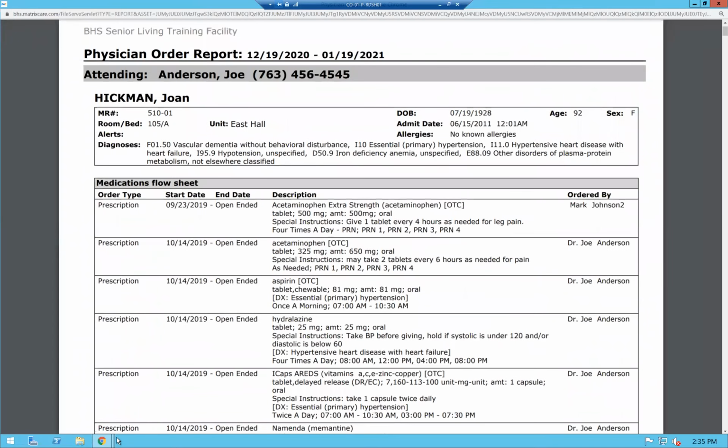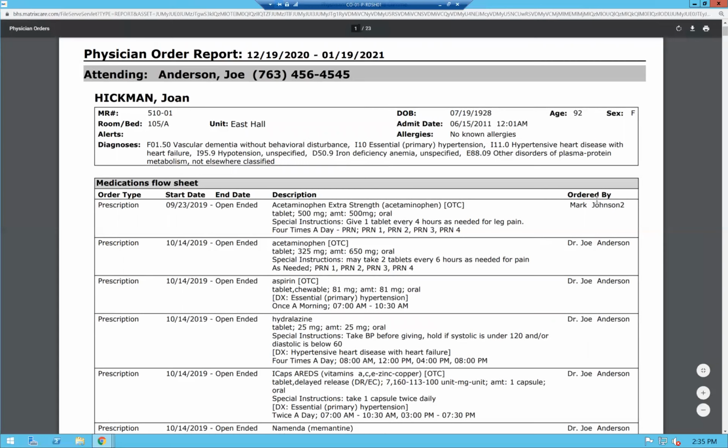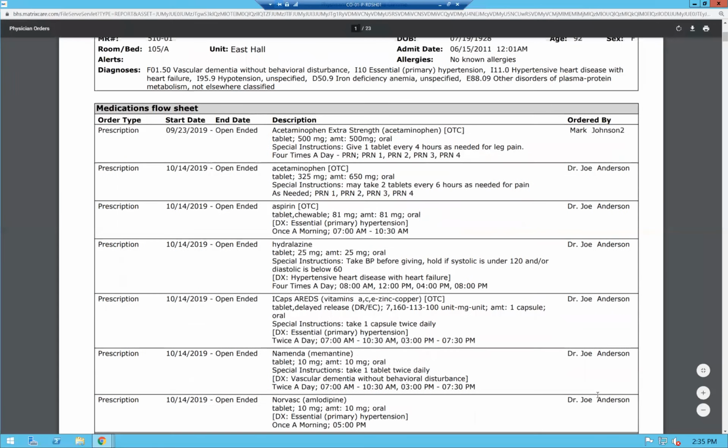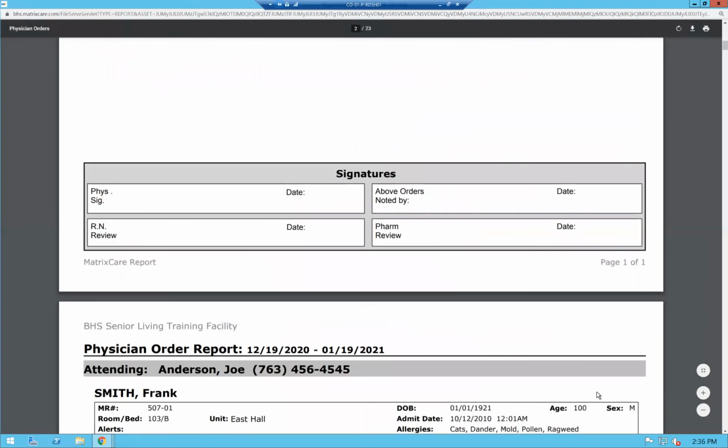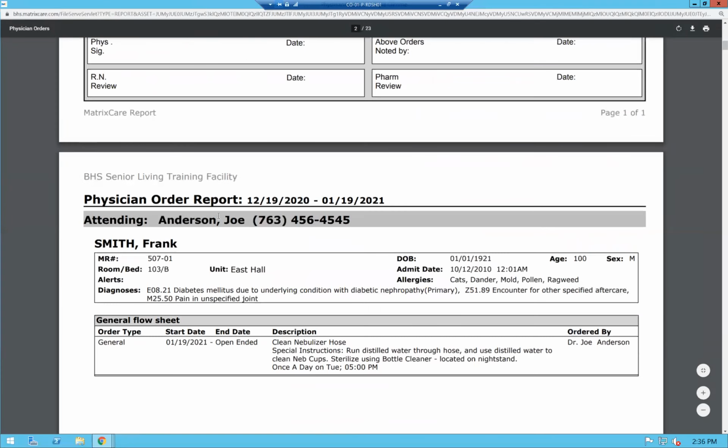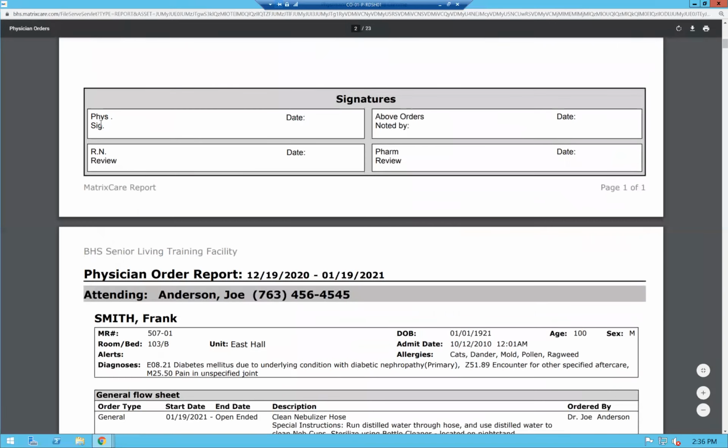And I've got a list of prescription medications. Her attending is Joe Anderson. And then I've got a couple of different ones. Here's ordered by Mark, by Joe, a lot of them by Joe. And then right at the bottom here is where the physician can actually sign. The RN can do a review, sign and noted by, and then the pharmacy review. So this is really just a page that you can use to facilitate that communication between physicians, pharmacy, as well